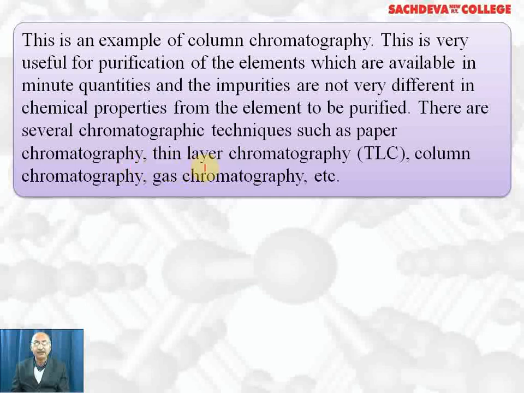In thin layer chromatography, instead of chromatographic paper, we use a glass sheet, a strip of glass like window pane glass, and this strip is coated with silica gel. Here silica gel acts as an adsorbent. Remaining procedure is the same. In column chromatography, we use a suitable adsorbent like alumina, and we take it in a column. Column is similar to a burette, but it is bigger in diameter. So here also the same principle is used. In gas chromatography, separation of gases can take place on a particular adsorbent due to different adsorbing power.